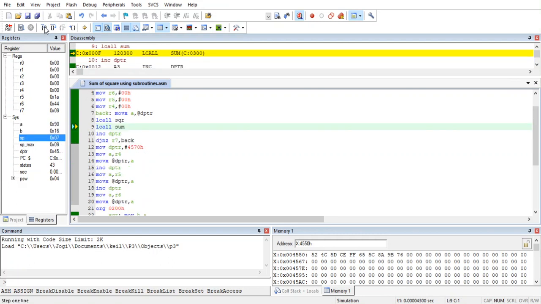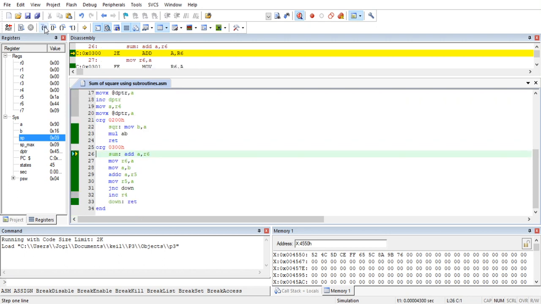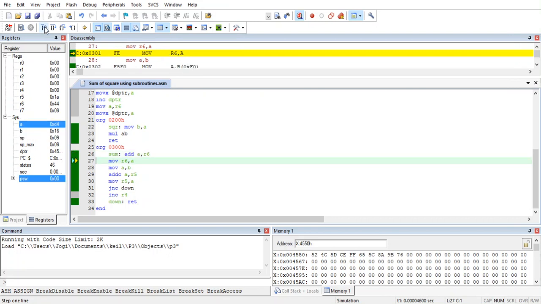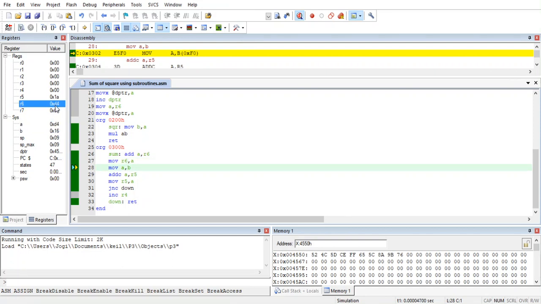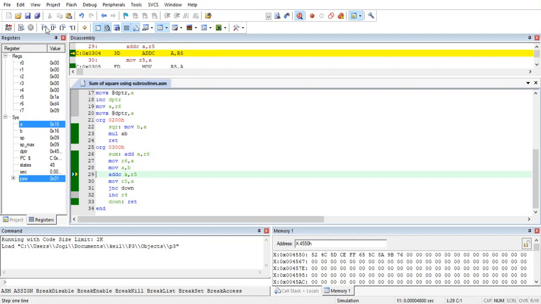Again, then we have return instruction, goes to LCALL sum, goes into the subroutine, ADD A comma R6. What happens? The lower byte will be added with the previous sum, and the new result is D4. Now D4 will be moved back into R6. So you can see D4 comes in R6, and then ADDC A comma R5.